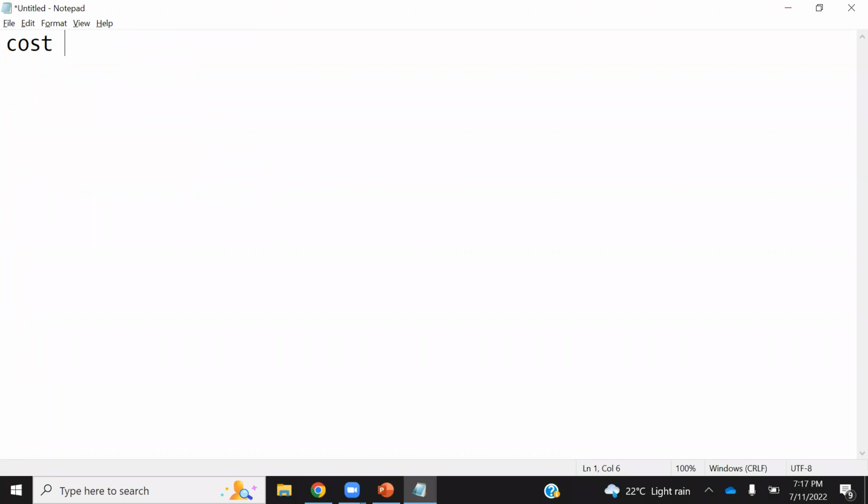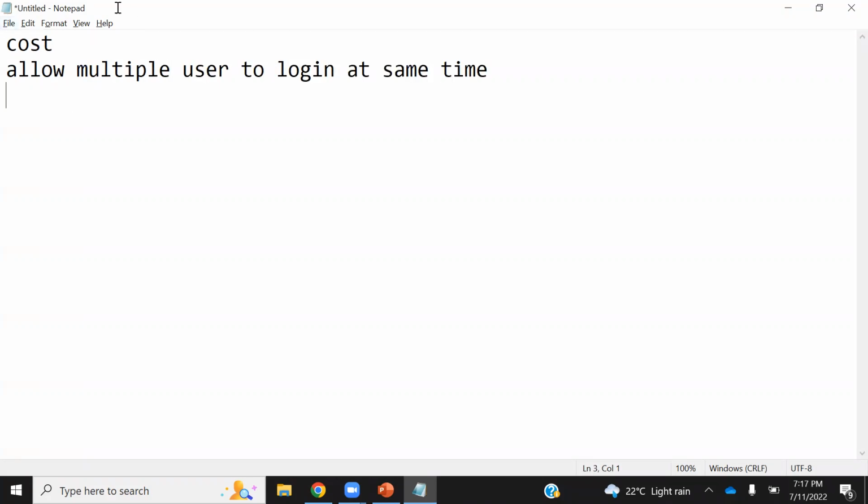Now, one thing which I understood is cost. When I talk about Linux, cost is one of the big driving factors. The second is that it allows multiple users to log in at the same time. If you are using Windows or Mac, how many users can log in at the same time?